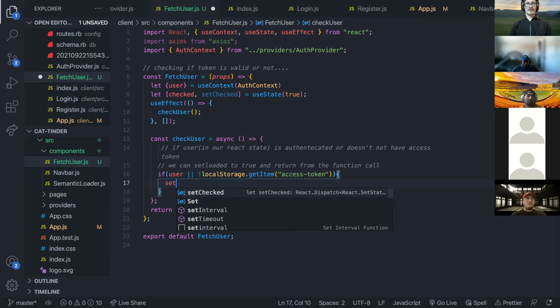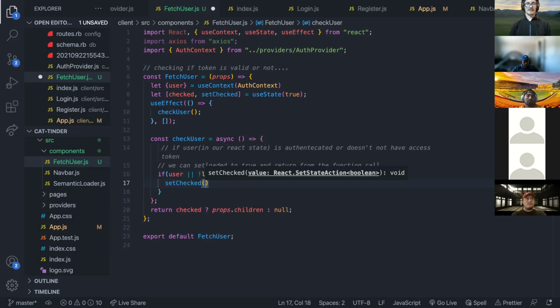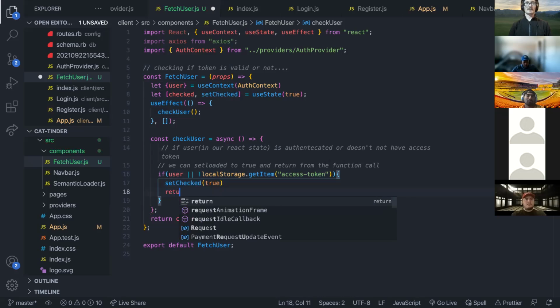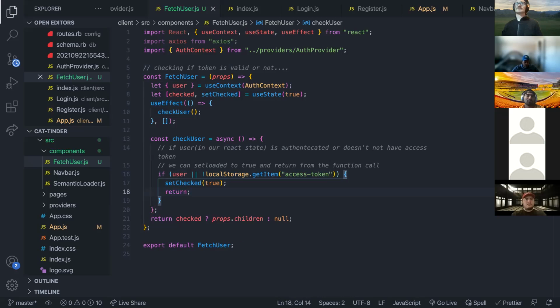We set checked to true and return. So if we have a user in our React state, that means we're authenticated, so we don't need to check to see if our token's valid. We can set checked to true and return. If we don't have a user, because that would be false,